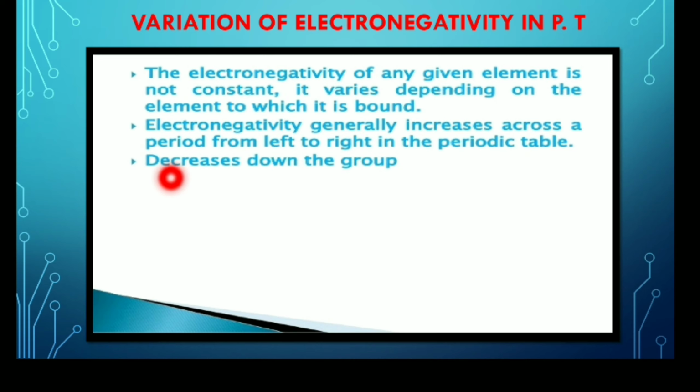Why does electronegativity increase from left to right? Because from left to right the atomic number increases, the shells remain the same, and electrons are added. These electrons are attracted more towards the nucleus, because the nucleus is positive and electrons are negative, so the pull of electrons towards the nucleus is greater from left to right. The element fluorine shows the highest electronegativity value. So electronegativity generally increases across the period from left to right.